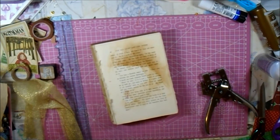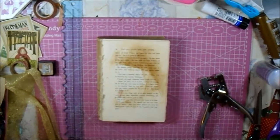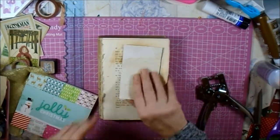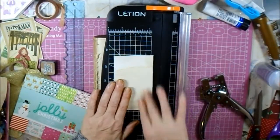Now, what did I want to do? Oh, I've done 3. We're all going good, aren't we? Let me just grab the next one. Right, got another little idea. I don't know why I placed that there like that, so forceful, that's why I wanted to cut the bit off. But